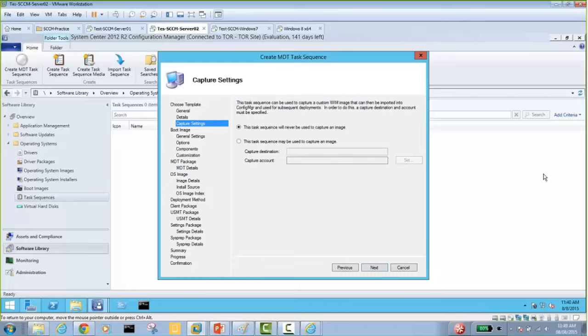This start sequence will never be used to capture an image, so we're deploying an image. We're deploying a new operating system to an empty machine. So no, we're not capturing anything for now, but we can later create a capture image through this MDT as well. You guys should play with this as well, try different options. Next,